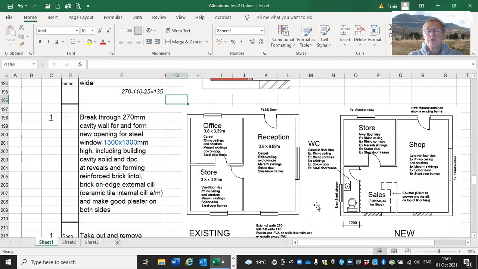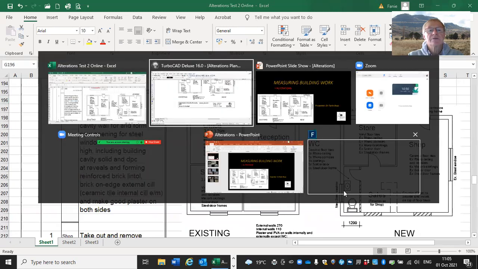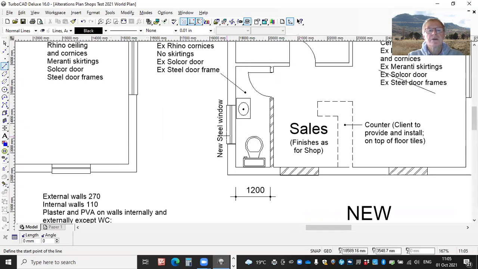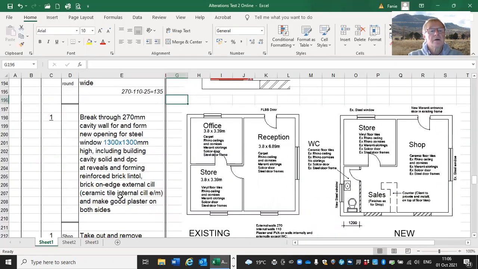Now we need to insert a new window in that position as specified. There's a new steel window. So firstly, we need to form that opening. And there's the description. Break through 270mm wall 4 and form new opening for steel window 1300 by 1300 high,